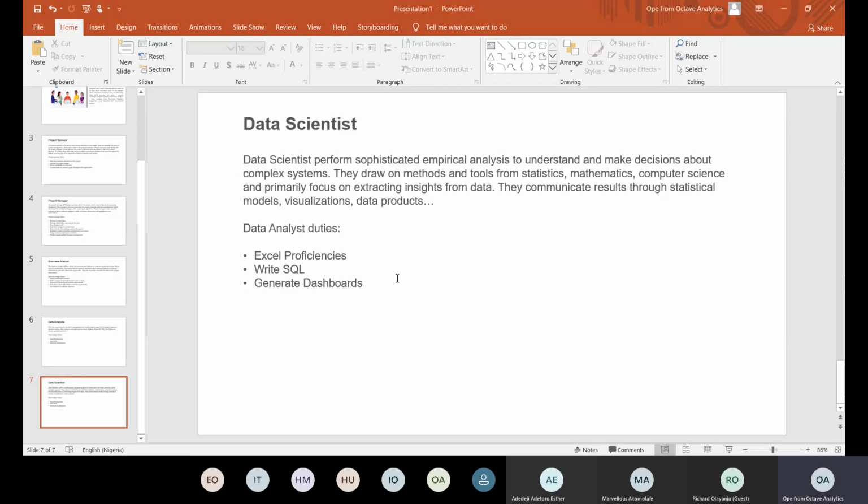Okay, so a data scientist is focused on extracting insights from data, and they communicate these results in the form of models. So a data scientist is coming up with a decision tree based model, or some regression prediction analytics results to explain further. Or it could even be the same chart created by business analysts, but